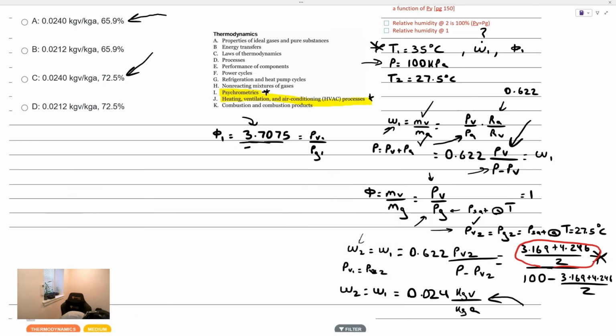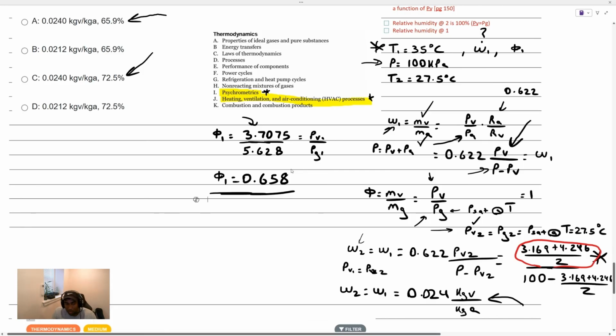We can quickly write that down, 5.628, to get this ratio equal to 0.658. And there is no units associated with that, right? Both of them are water vapor, so no units associated with that. We see the answer choice is A,